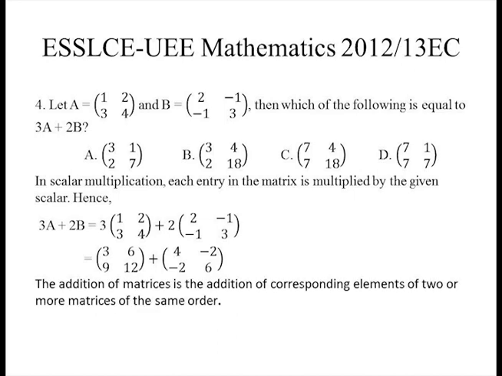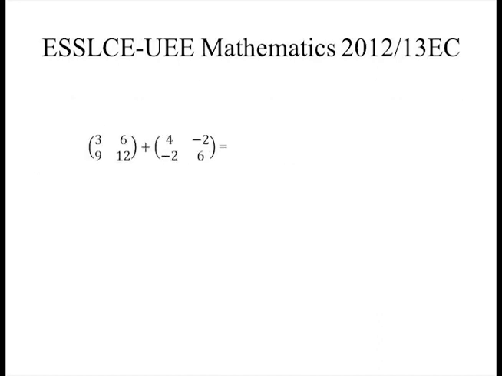The addition of matrices is the addition of the corresponding elements of two or more matrices of the same order. We have two matrices with the same order, that is 2 by 2, so we can add the corresponding elements. The first matrix, that is 3, 6, 9, 12, plus the second matrix 4, negative 2, negative 2, 6 is